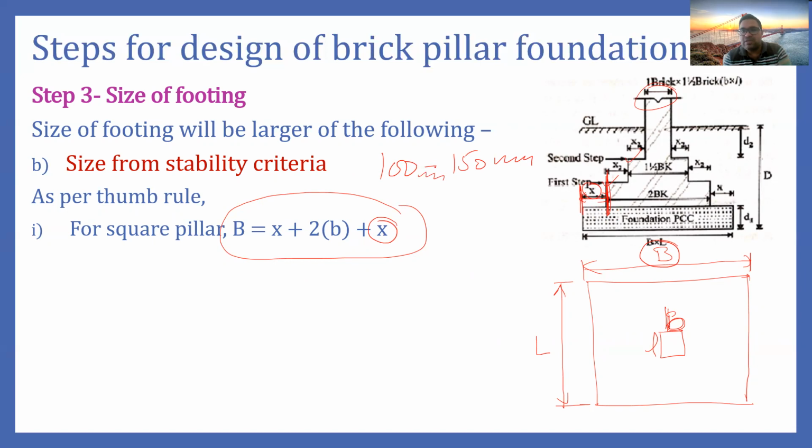So in this we assume the value of x first, and then we will already know the value of small b. So the width of the foundation can be taken as 2 times x plus 2 times the width of the column. Similarly, if we want to find the value of L, it will be x plus 2 times L plus x. So this is a basic thumb rule which we generally follow in this criteria to calculate the size